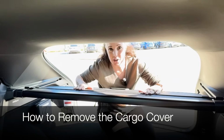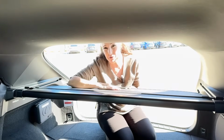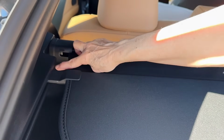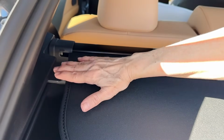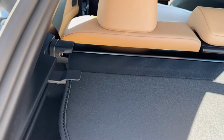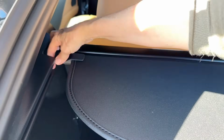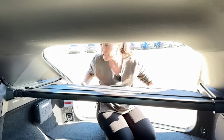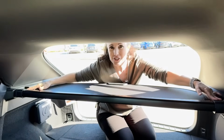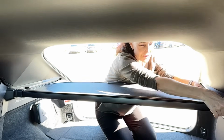Before you remove the tonneau cover shade, make sure that the tabs that slide it back and forth are no longer in the track. There's a small little raised section at the back of the track that keeps the whole thing from sliding out. But if you want to remove it, you're going to lift again, push forward, and now it's free of the track. So that means you just need to push gently toward the center of the vehicle. Now you can use the tension sliders that are on each side of the frame. Just pull toward the center of the vehicle,